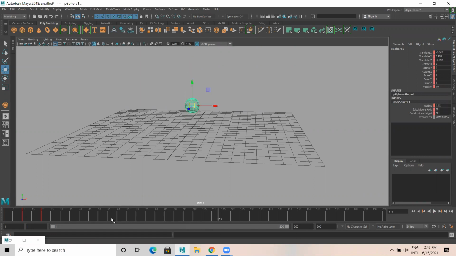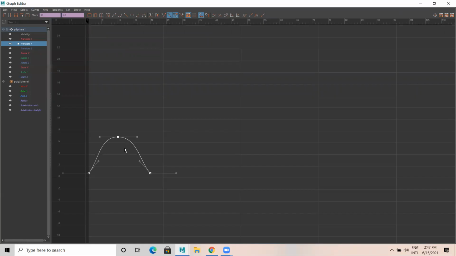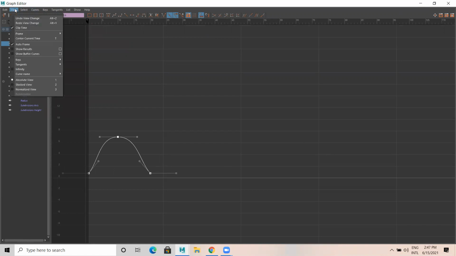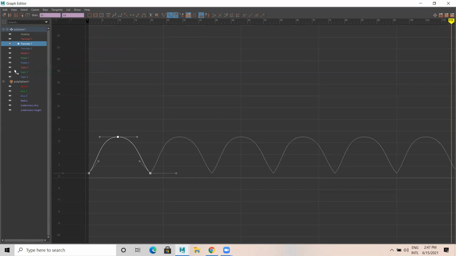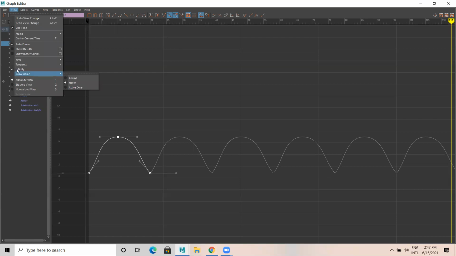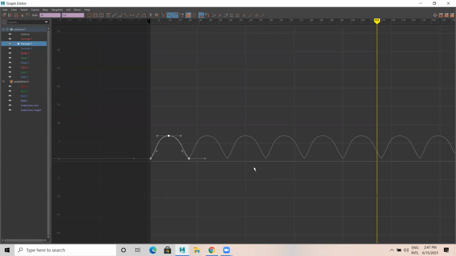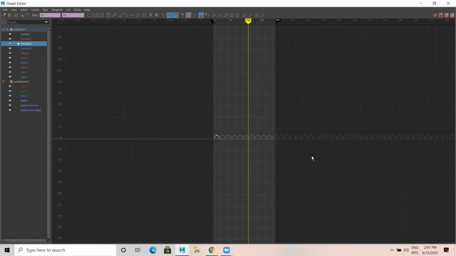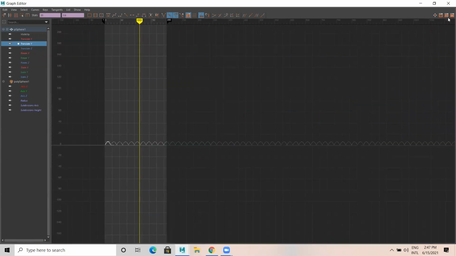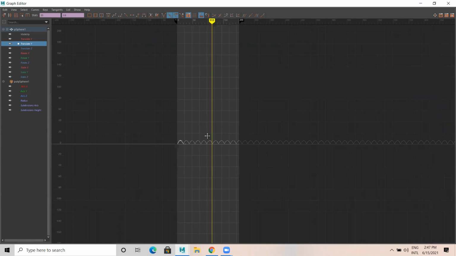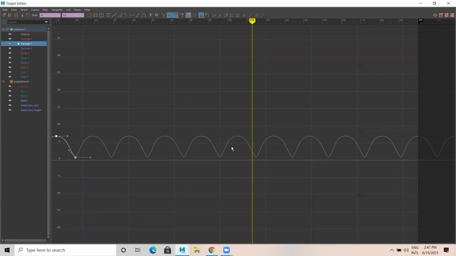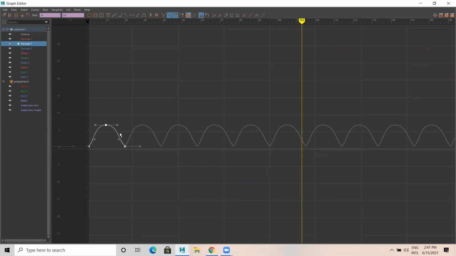How do I see these curves here? In that case, you have to go to view, and turn on infinity. Under view, turn on infinity. In that case, here it works. See, throughout whatever frames you see, even if you go to 1000, it is still there. And the best part is, I just have to make changes here only, and it replicates for everything.